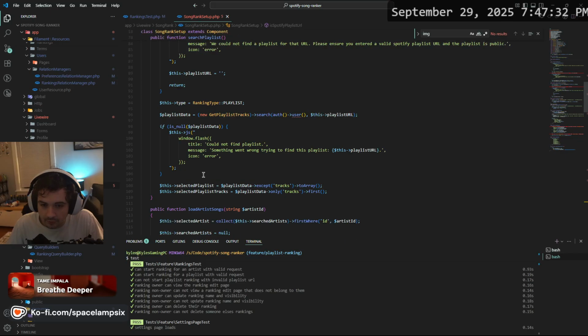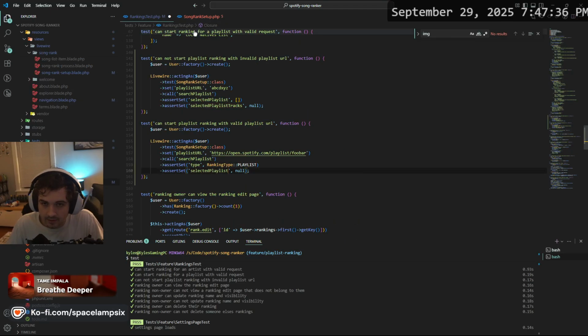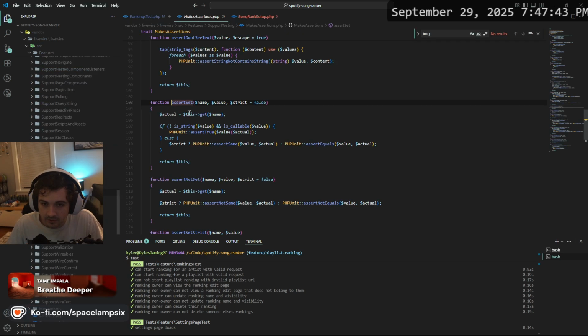And then we'll say assert set that the selected playlist is, can we just assert set and not that it's set to something? Let me see. Name, value, strict. Assert true, value, actual. So I need to, I guess it does need a value. I don't know exactly what it would be set to.